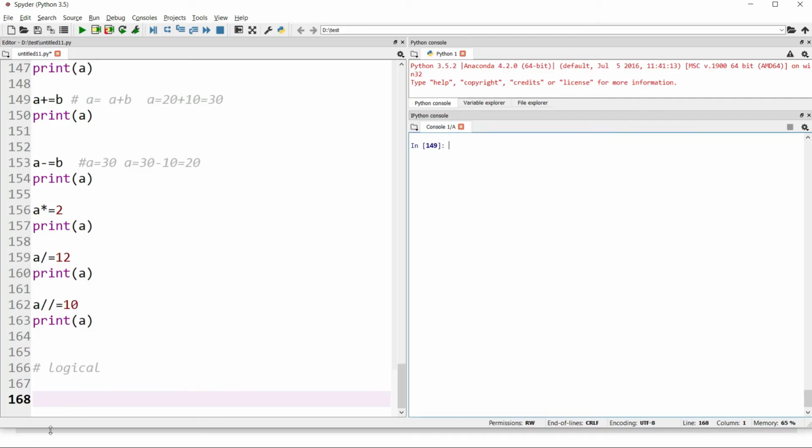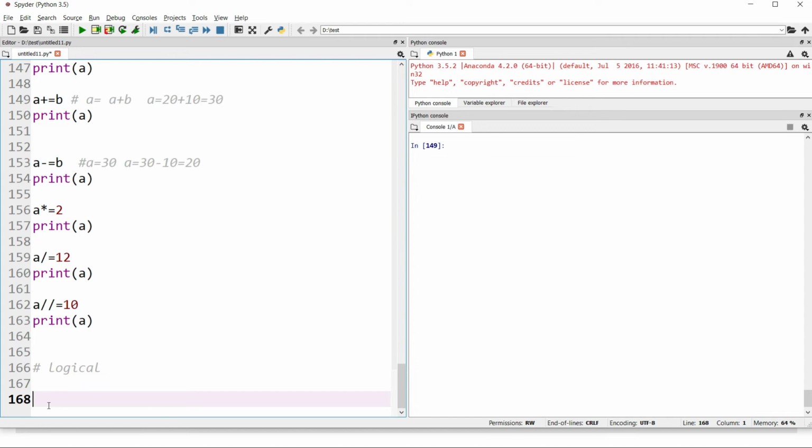So here we'll be talking about logical operators. The use cases are when we have to check 2 or more conditions, and we have this restriction that all the conditions must be true, or at least one condition must be true. There we use the logical OR operator. So when we say all conditions must be true, we have to apply AND operation. When I say at least one has to be true, you can apply OR operation. Okay, and NOT is of course when the condition is not true, there you apply the NOT operator.